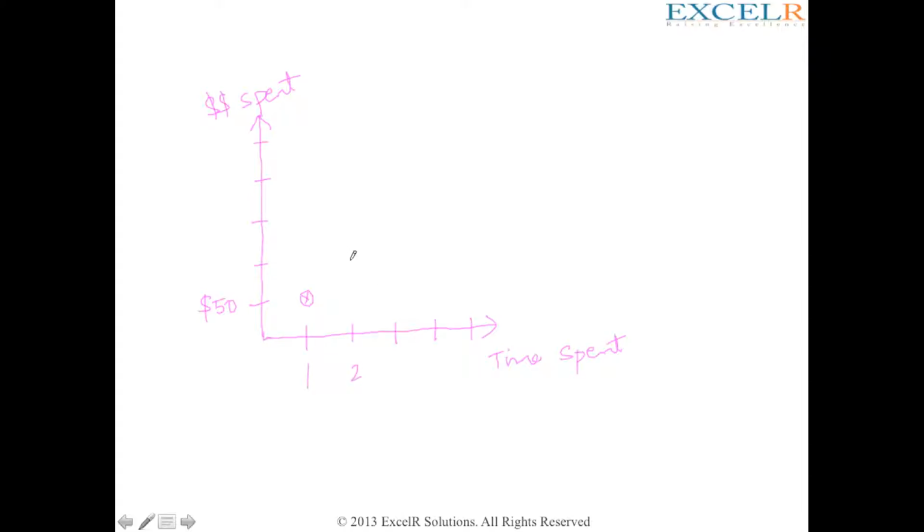For 2 hours, you would be spending $100. For 3 hours, you would be spending $150. For 4 hours, you'd be spending $200. For 5 hours, you'll be spending $250. And if you continue to spend, you'll go bankrupt. All right. So if you notice this kind of a trend, wherein you see an upward trend,